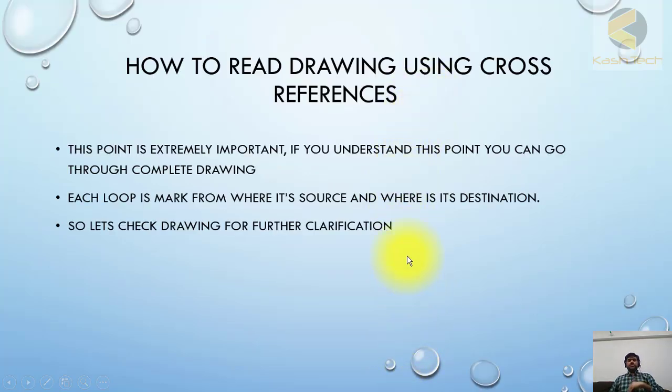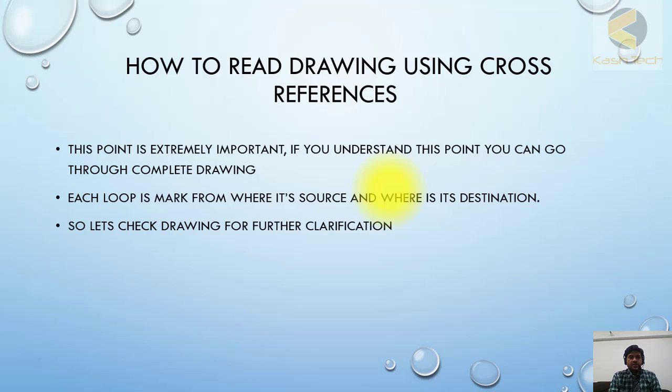How to read drawings using cross references. This point is extremely important. If you understand this point, you can go through the complete drawing. So the idea is, if you cannot understand the drawing at the start, don't worry about it. Just try to go through it, because your brain is getting trained. Even if you are unable to understand, just read daily. After one or two weeks you will start to pick up, and then you can easily move to the second stage,